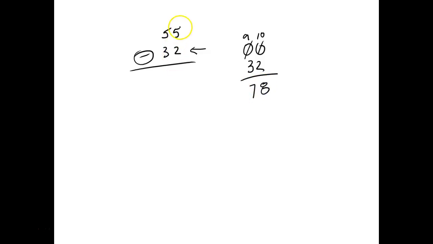Now, if I was to come over here and do this longhand, what would I get? This would be 3, and this would be 2. That would be 23, right? So what I'm going to do now is take 55 and add 78 to it. So what's 8 plus 5? 13. Carry a 1. What's 7 plus 6?